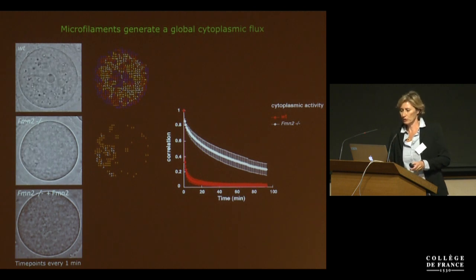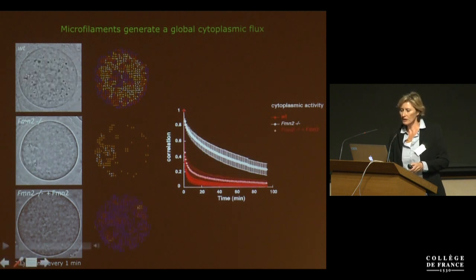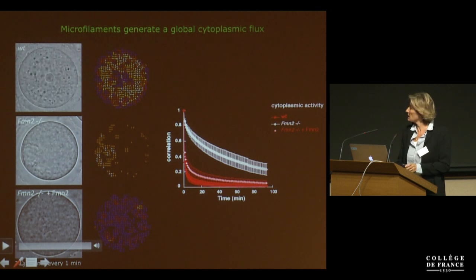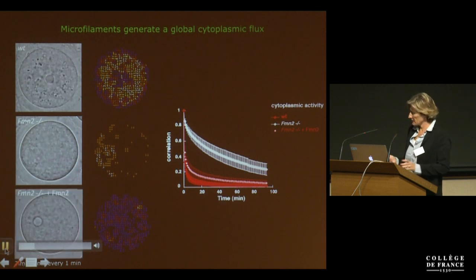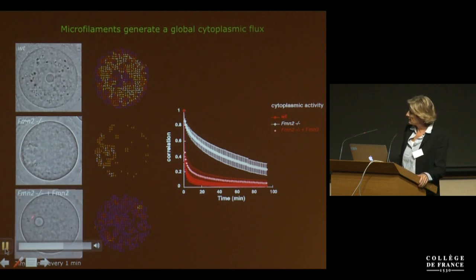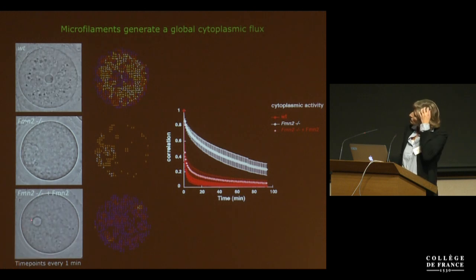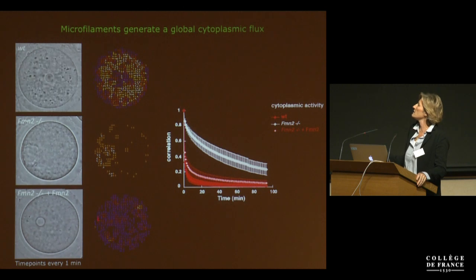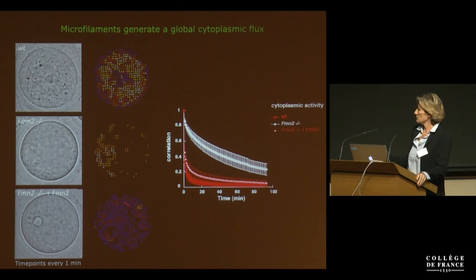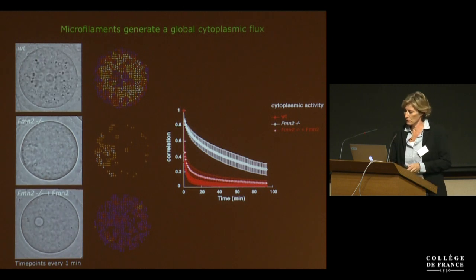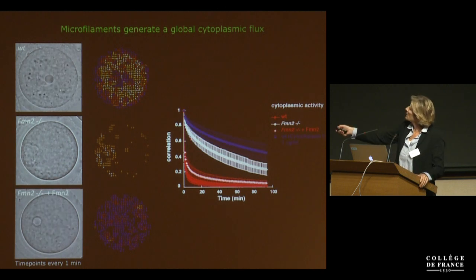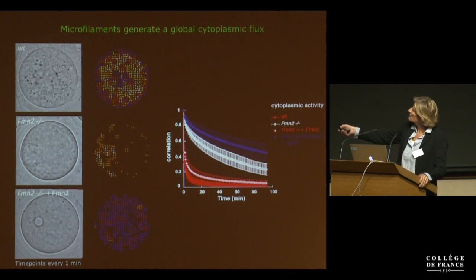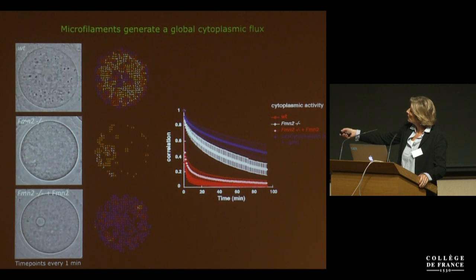And when she puts back formin 2 into formin 2 knockout oocytes, then she regains the cytoplasmic activity along with the nucleus being centered, going back to the center. And this is shown here. So she has, by STICS analysis, but also by correlation analysis, you see that then the correlation coefficient drops almost